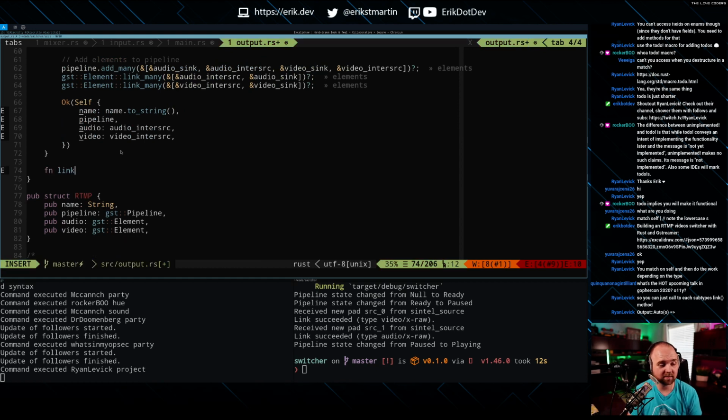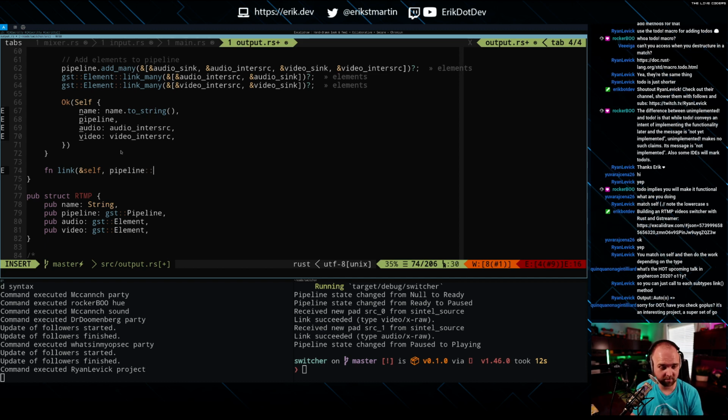So if we implemented link on here, passed in self as a receiver, and then we have a pipeline, that is a GST pipeline. Then we pass in audio, which is a GST element. And then we pass in video, which is a GST element. And then we return